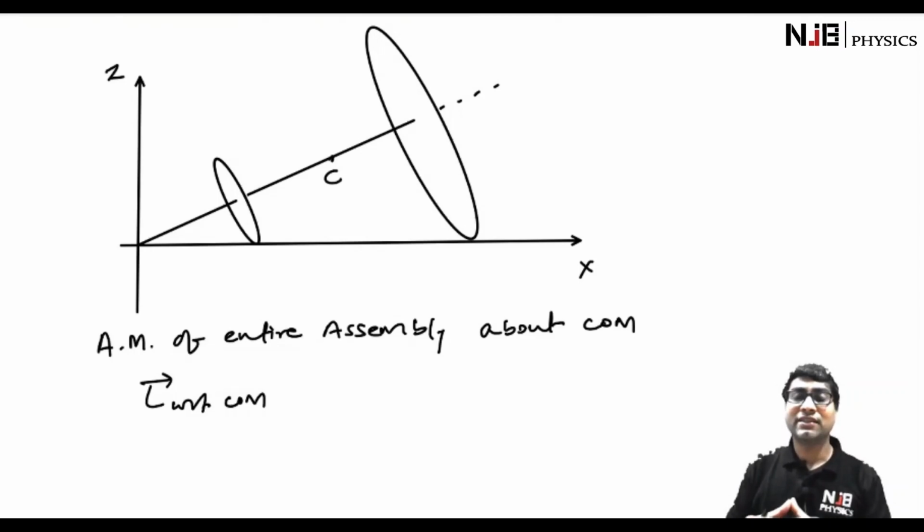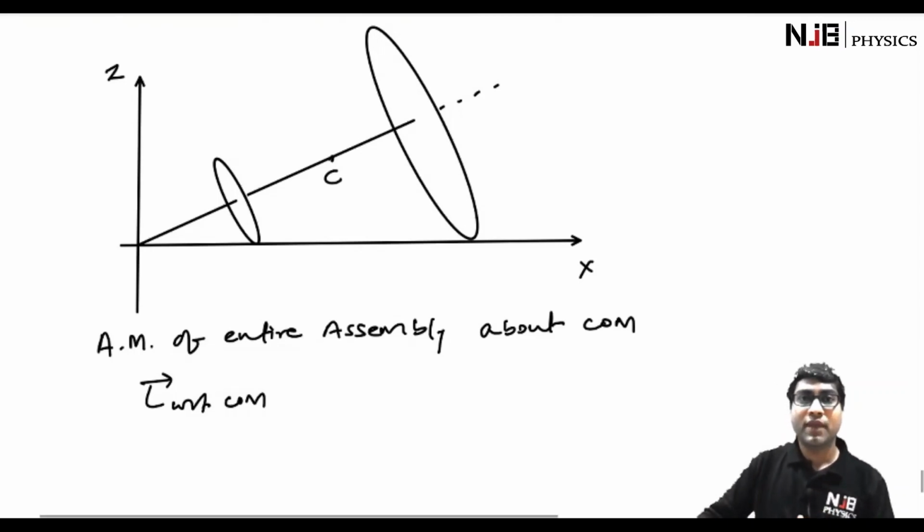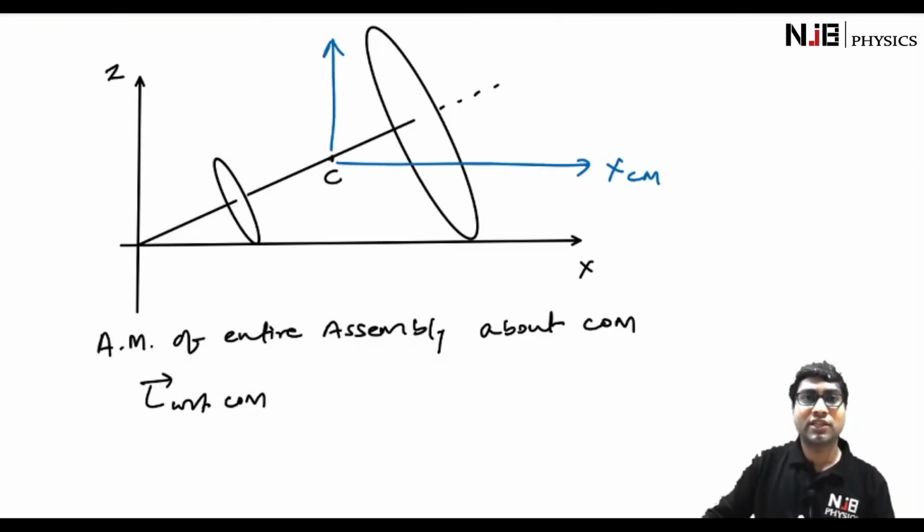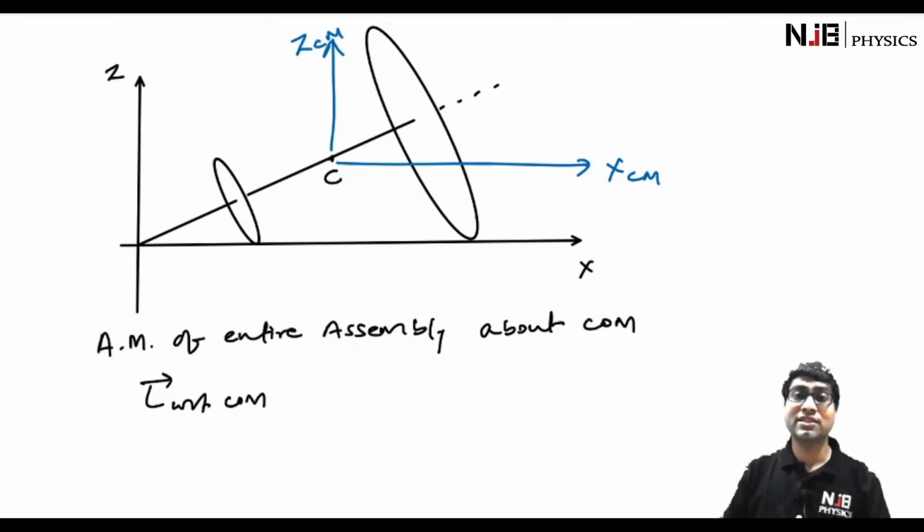Let's imagine that we have another frame whose origin is at the COM, and this is the x-axis in the frame of center of mass. This is the z-axis in the frame of center of mass, and there is a y-axis in the frame of center of mass which is going into the plane of the paper. And if we try to visualize this assembly in this frame with respect to this center of mass C, then